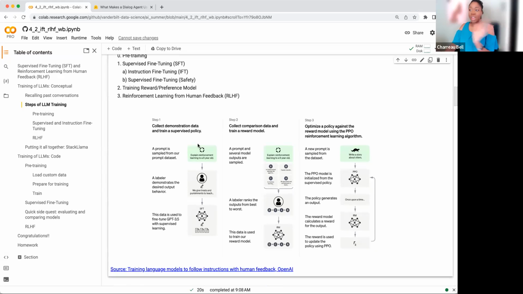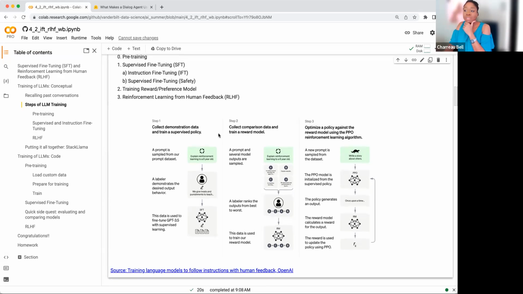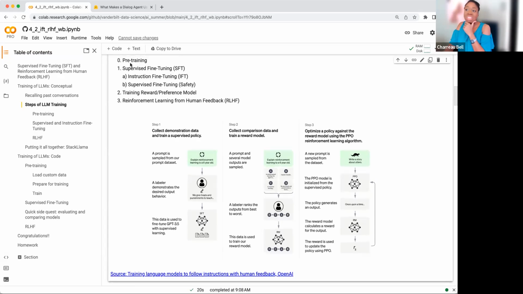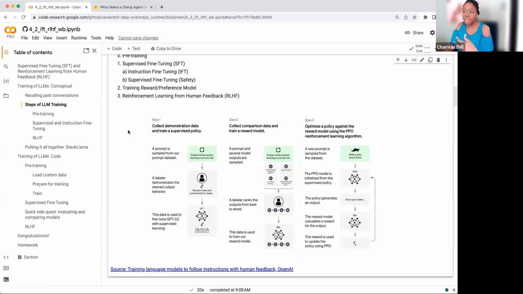Okay, so this is provided by OpenAI. They have really just great visualizations of this. Here we can see the individual steps, right? Except for this is kind of missing this step 0. So there's a step that comes before this, and that's the full pre-training. Okay, so we're going to assume that we're already at this pre-trained point where we have this thing that does pretty well in predicting the next token. So then where do we go?